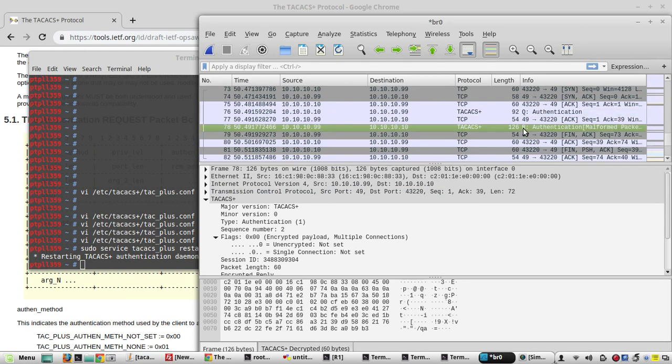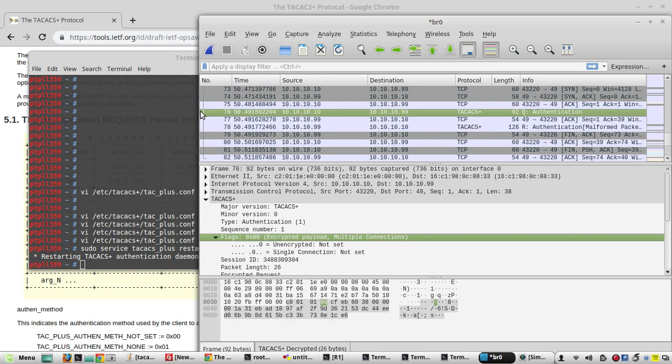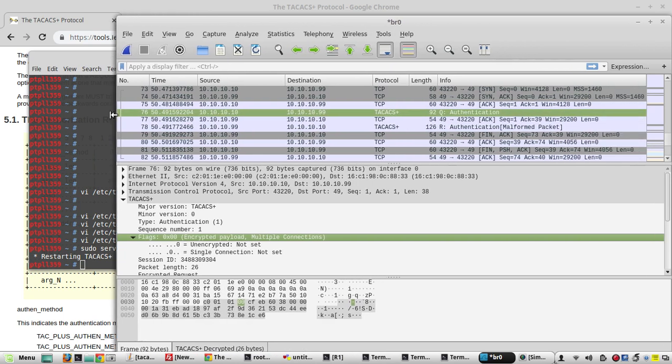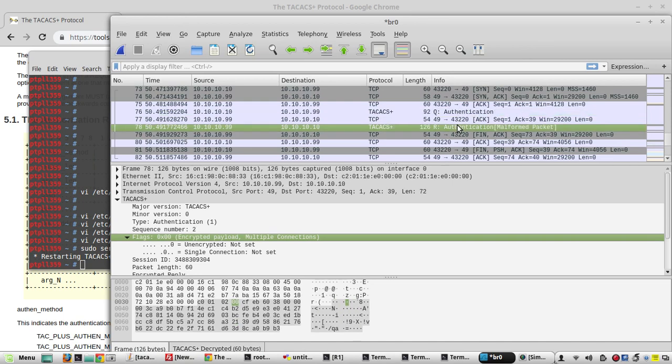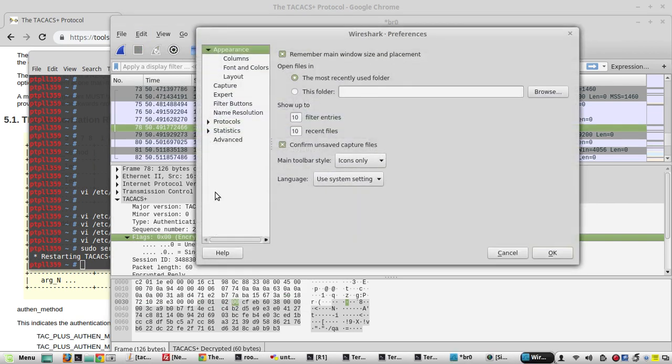Yeah, you can see here authentication, it is showing us malformed packet. Malformed packet because both are having different shared secrets now, and because of that encryption and decryption is not happening properly. In this case, to decrypt that, I need to change the shared secret here,